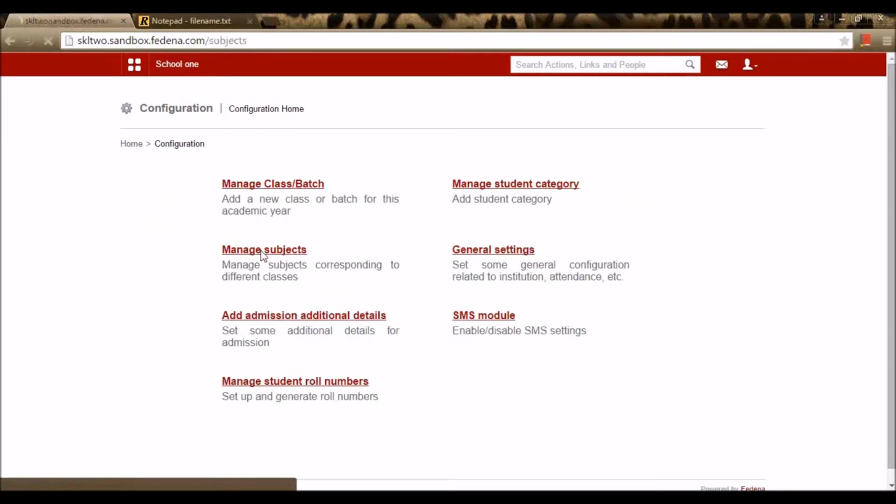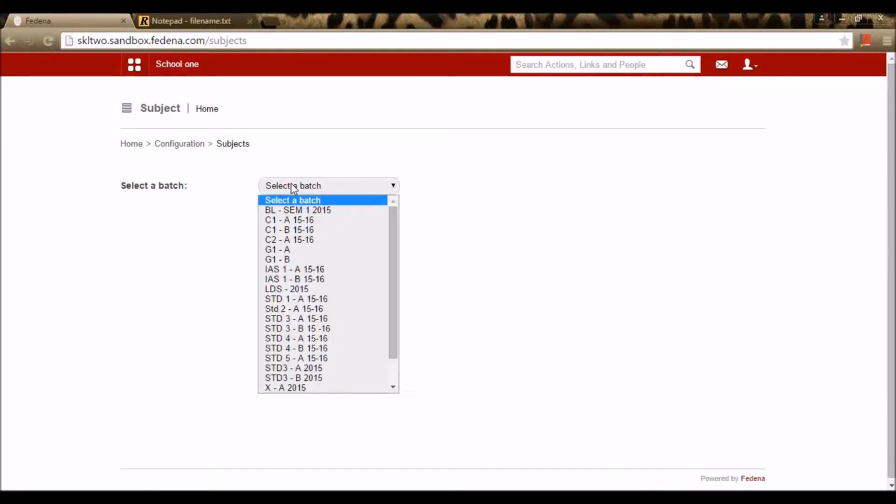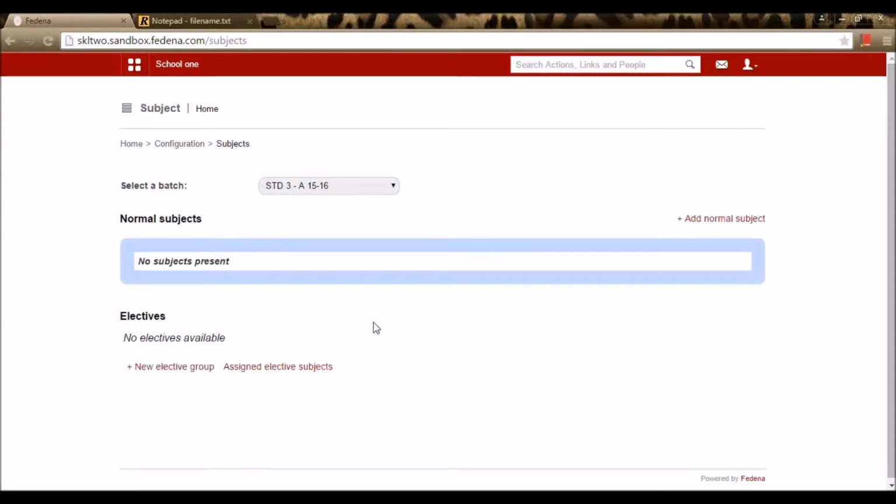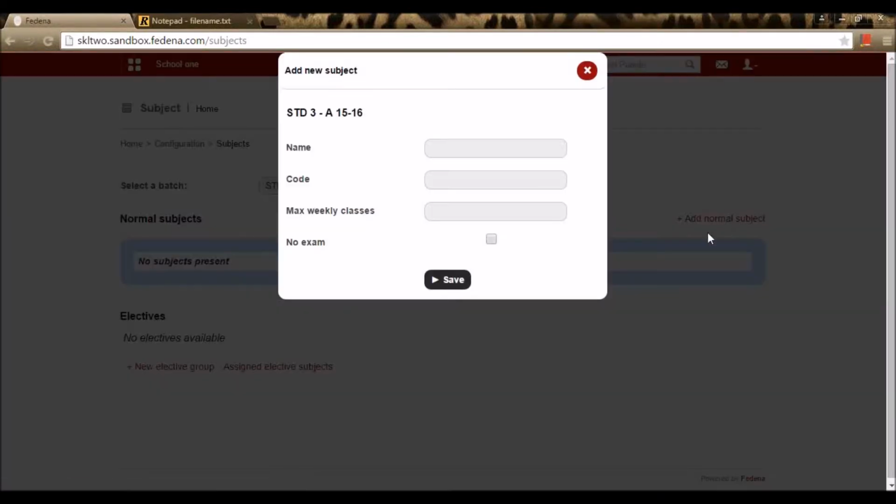Now let me create subjects for the courses that I've created. For the standard that I've created, standard 3, A 15 to 16, I'm creating normal subjects and elective subjects right here. I can create normal subjects by going for the option add normal subjects. By selecting this, an option pops up where it's asking me to enter the name of the normal subject. Let me enter the name of the subject, say English, and give a code name, say ENG, and here I need